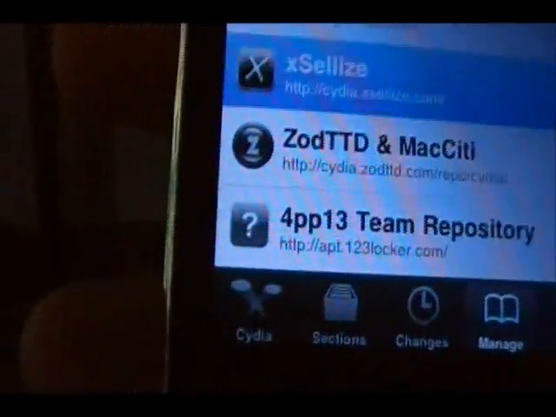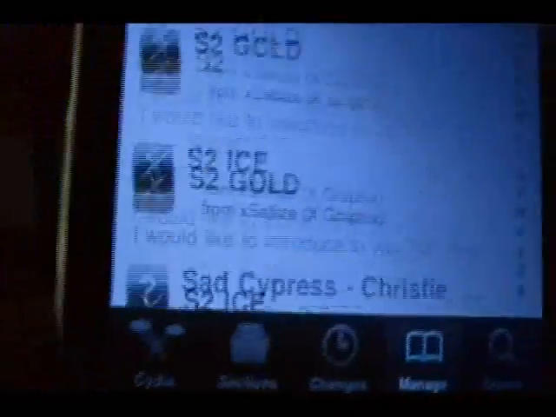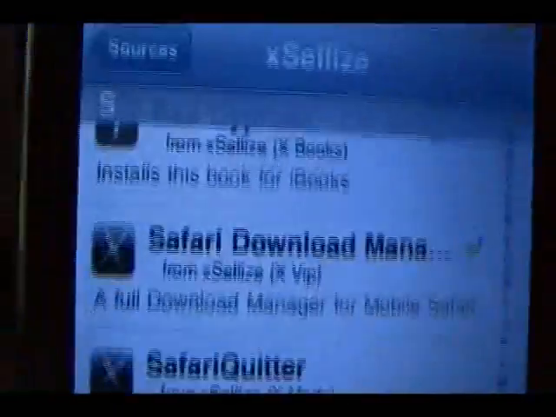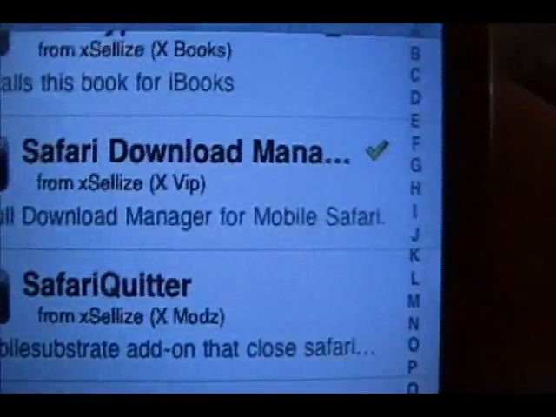Now, once you get iFile, you want to get, well, it doesn't matter what order, but then you go down to S and you go to Safari Download Manager right there. You want to download that. I already downloaded it, of course. And then once you get that, you can download stuff through Safari, which is really cool. And then after you get those two things,